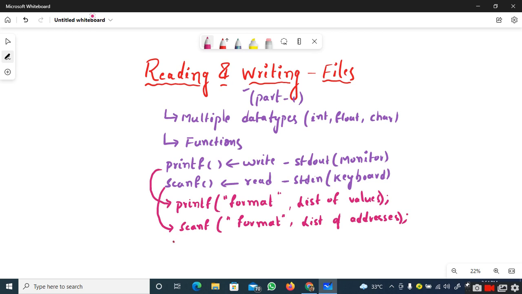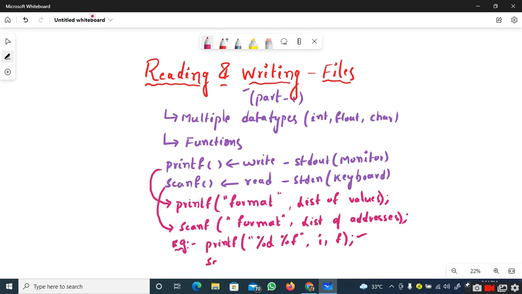For example, if I want to print the integer and float values onto the output screen, I will use the printf statement and I will use the format specifiers. %d corresponds to the integer, %f corresponds to floating point, and let us assume that i and f are the variables that correspond to integer and float respectively. So this is how I would like to print the values of i and f, which are of data type integer and float respectively, onto the output screen.